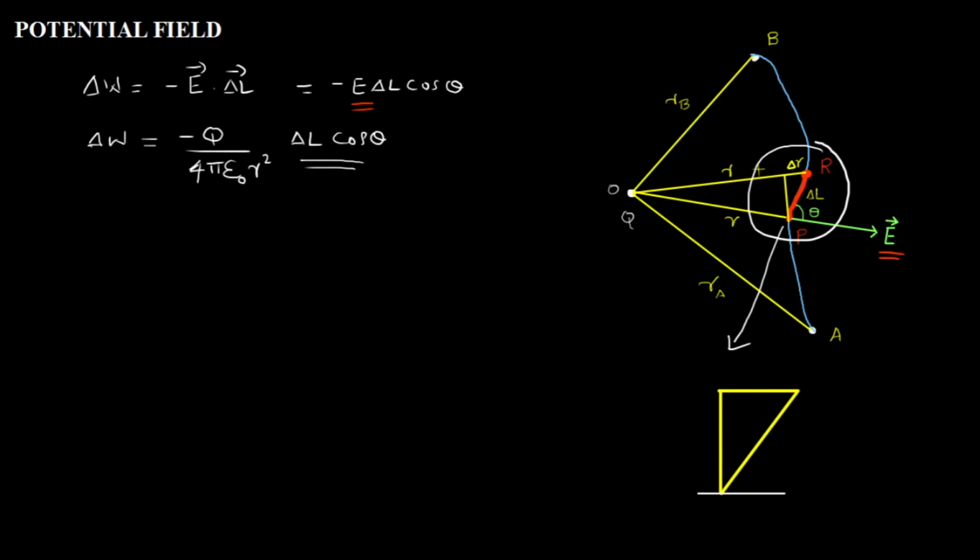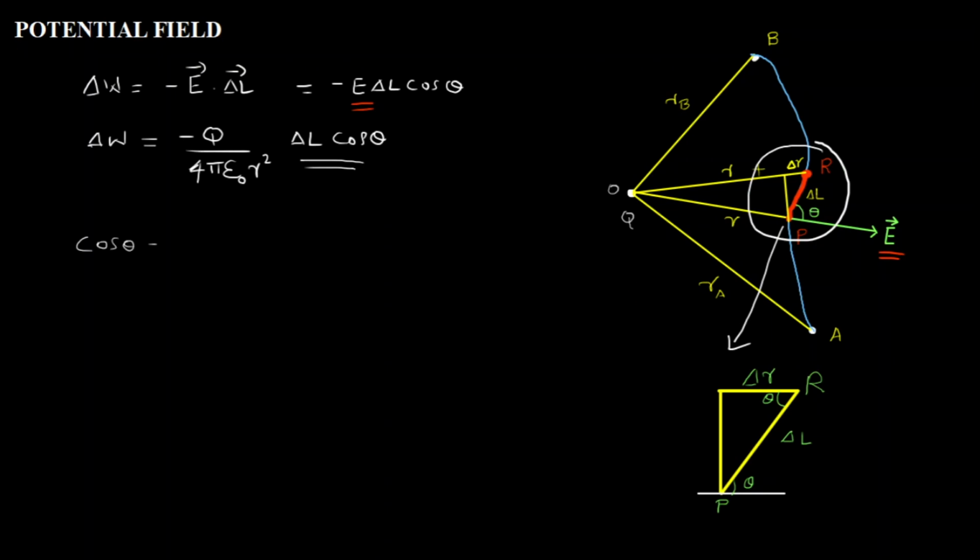So when I mark that, this is theta. I know that this angle is theta. By symmetry this angle is also theta. This cuts here, right? These two parallel lines, so this angle is also theta. And this side is delta L and that side is delta R. This is delta R, this is delta L. So I think this is very clear. I have just picked it from the figure and magnified it. So this is P, this is R. I have magnified this. So from this triangle, can I get what is delta L cos theta? For that I will write what is cos theta from that triangle.